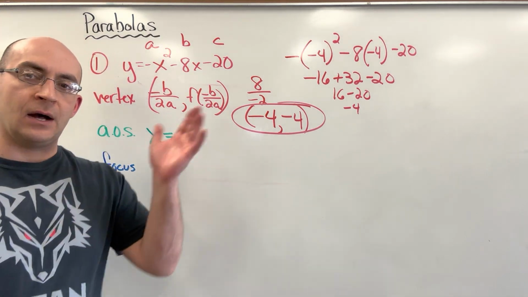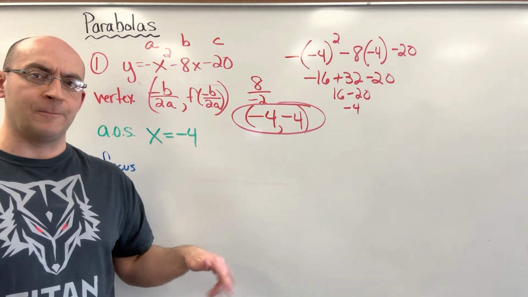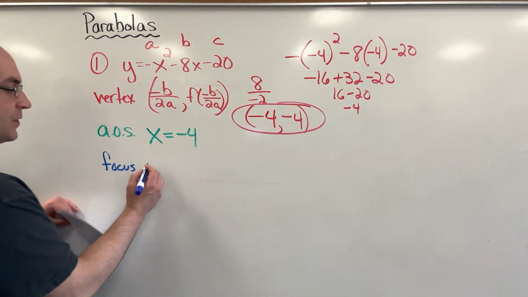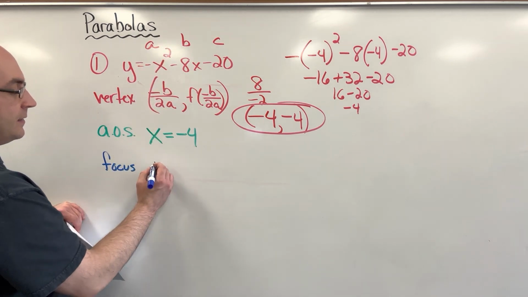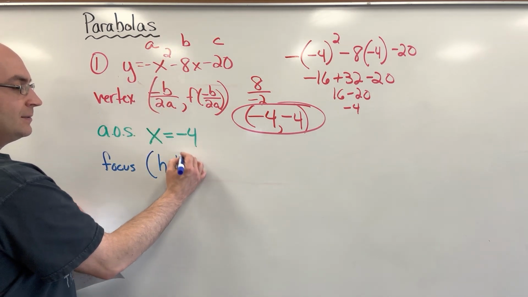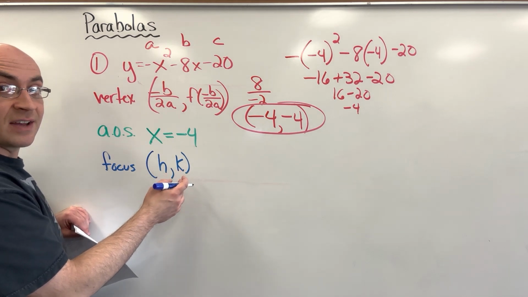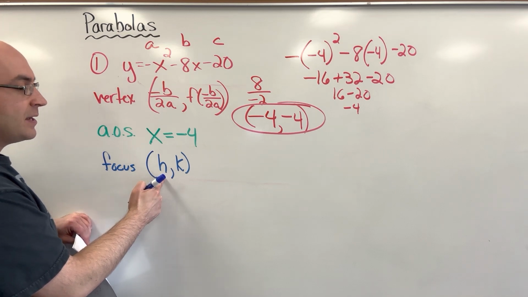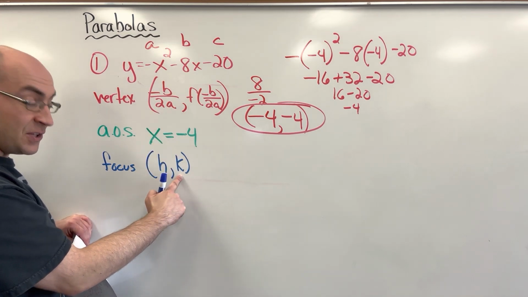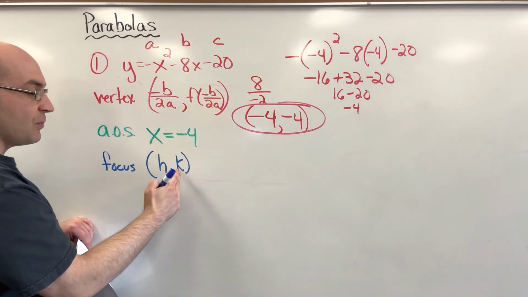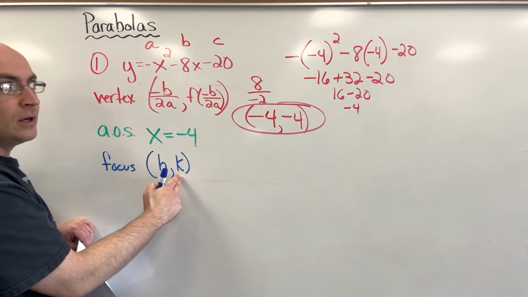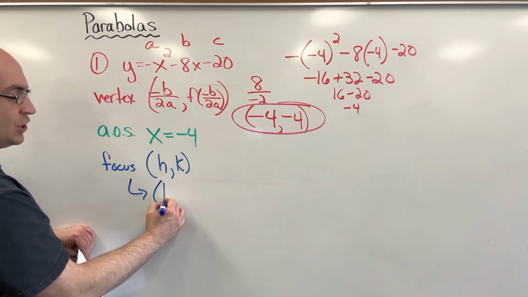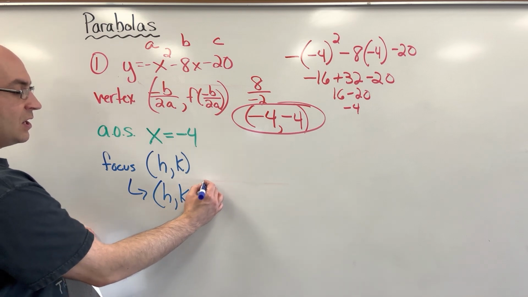Now, it's important to know how the parabola opens. Obviously, this is going to open down, but that doesn't matter either way, because up or down, whatever. So the focus here, the rule is, because it's opening up or down, remember that whole rule about HK, where that's the center of the circle? Well, HK is the vertex. That's just another way to put vertex. The H, the X value, isn't going to change. Because this thing opens up or down, it's the Y value that's got to shift up and down, right? So the K value is going to be the thing that we add or subtract 1/4 A times. So the focus for this particular function is going to be H comma K plus 1